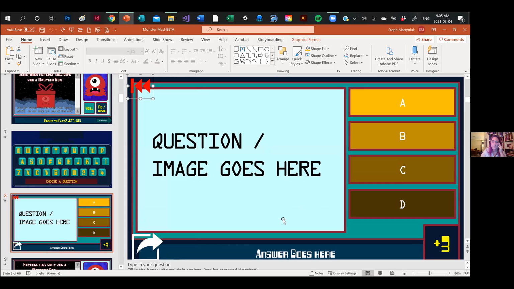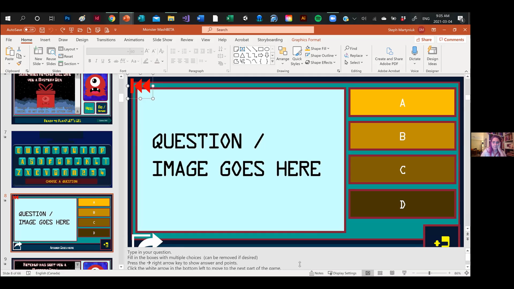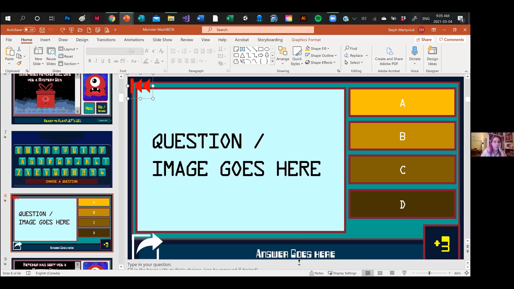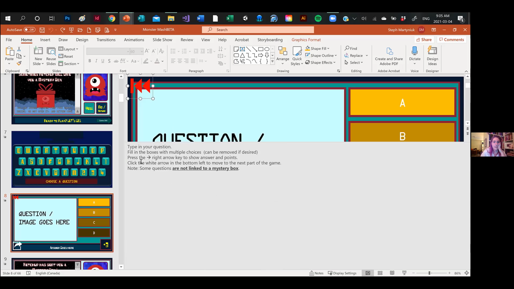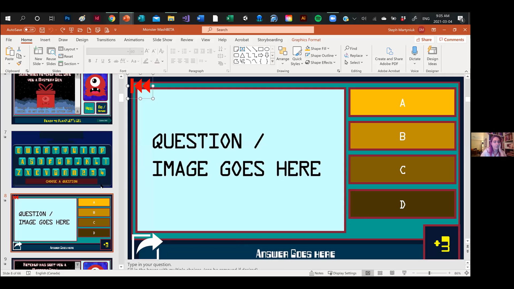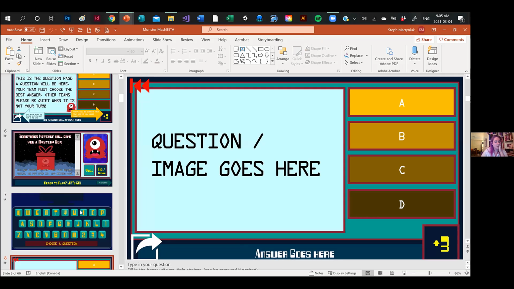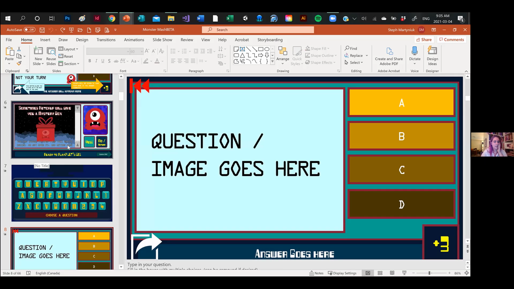And some games are a bit easier to navigate than others. This one I would say is medium to beginner in terms of navigation. But when you download this, you will see some notes on how to navigate the game and what each object does and why it does it. When we break down the slides in the slide panel here,